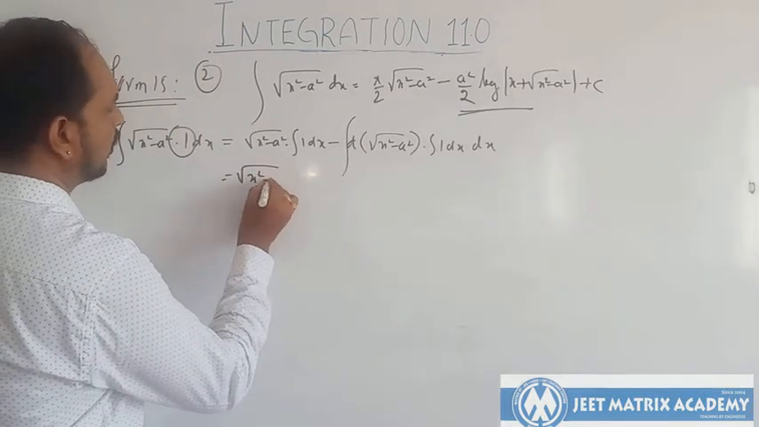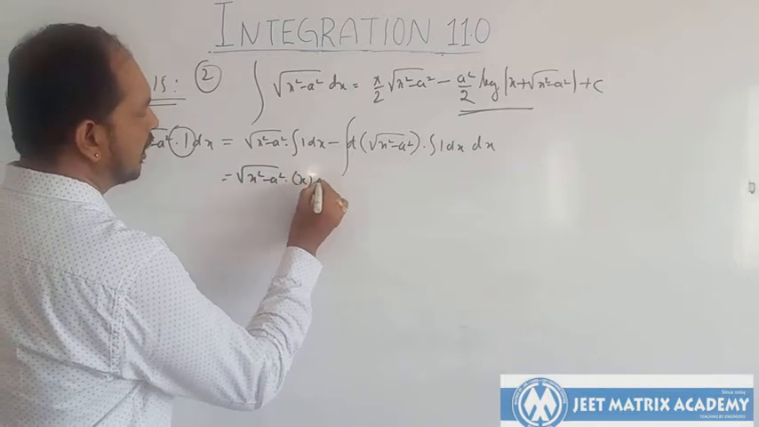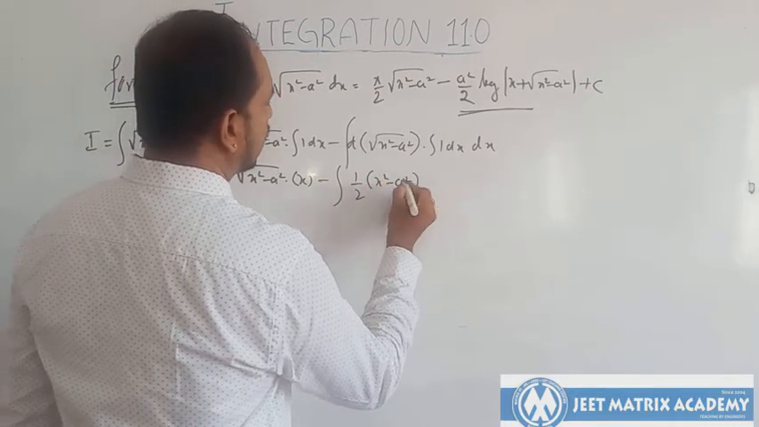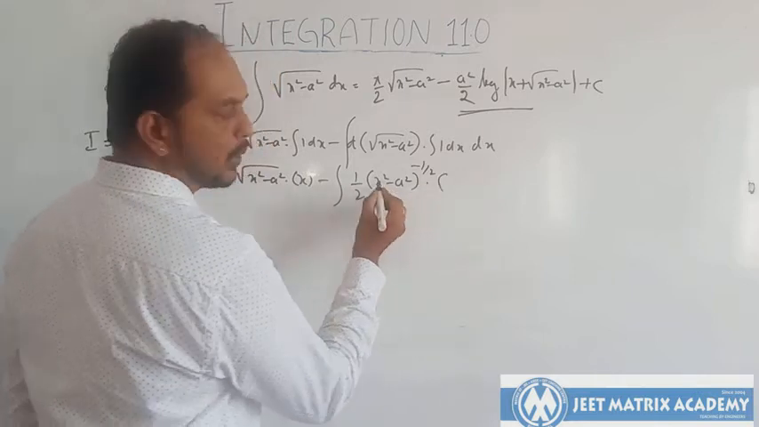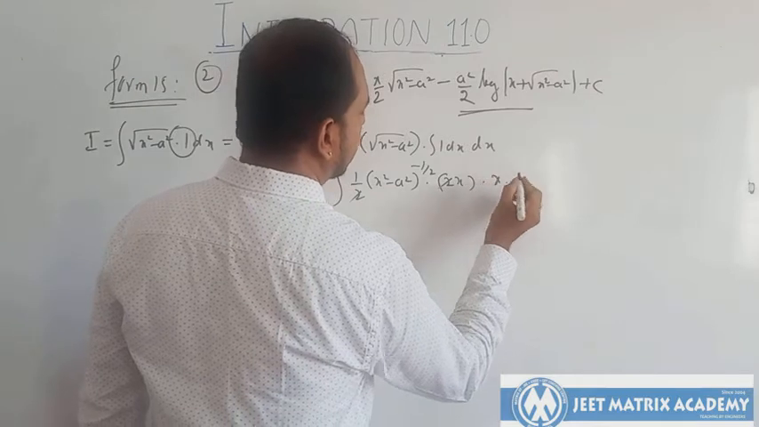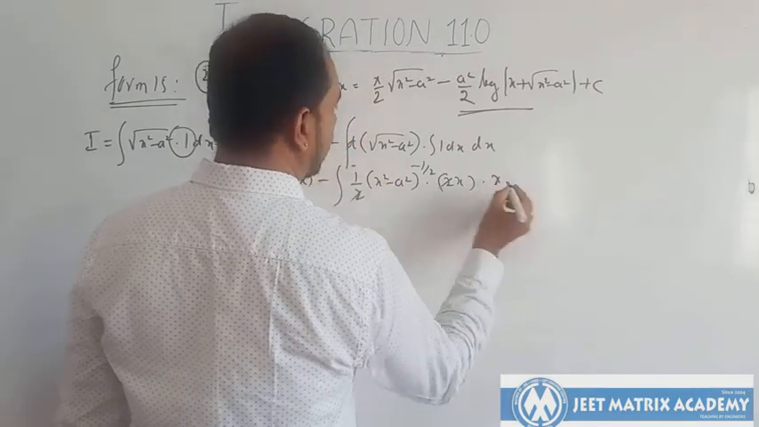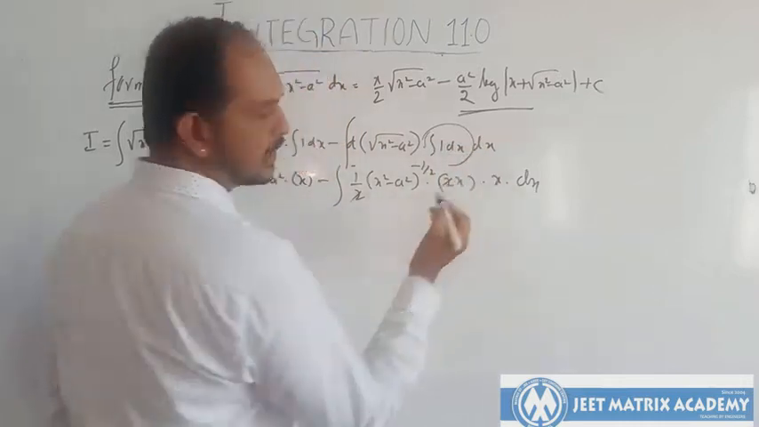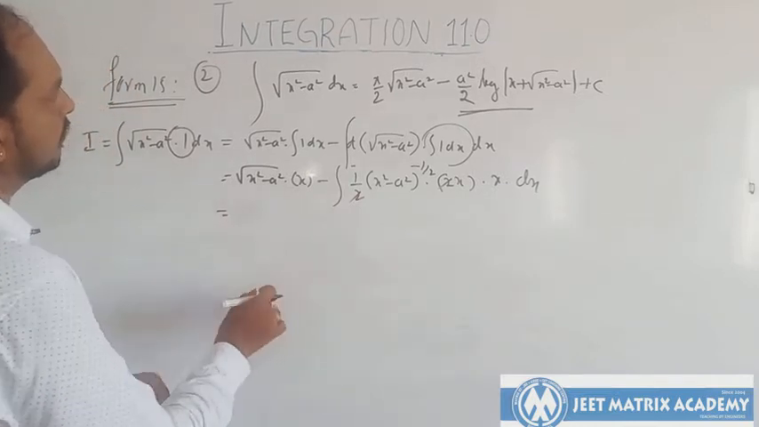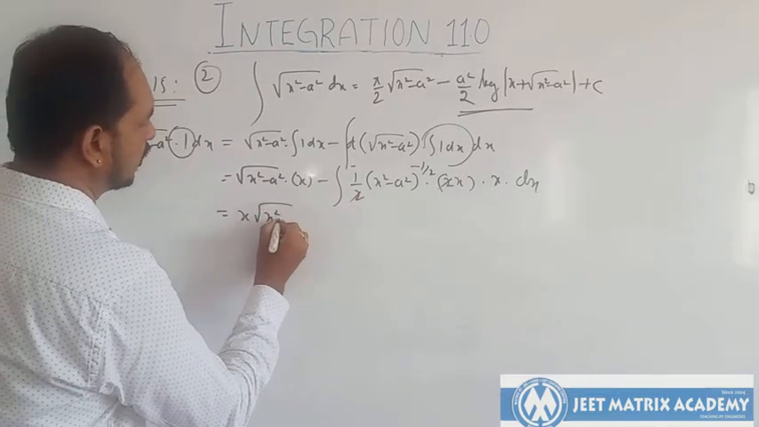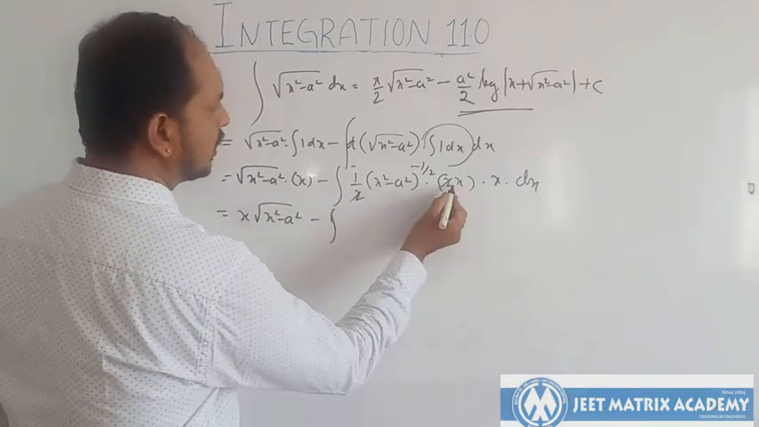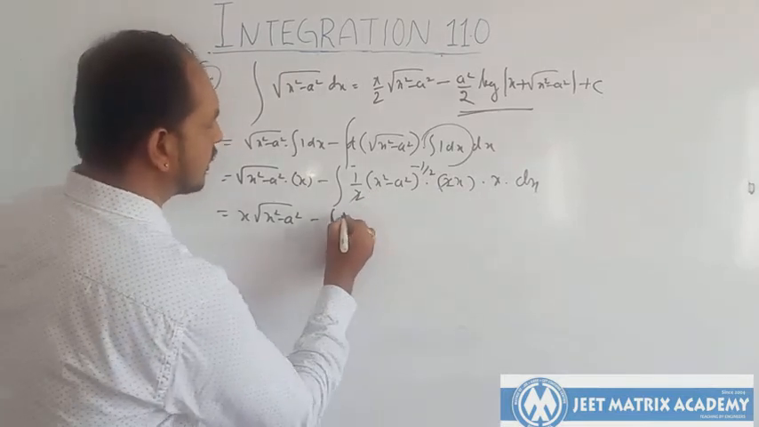Now root of x square minus a square, this is x, minus this will be 1 by 2 into x square minus a square, minus 1 by 2 into 2x. This 2 gets cancelled with this, into x, this whole into dx. This is integration of 1 is x. Now this will be equal to x into root of x square minus a square minus integration of this, x divided by